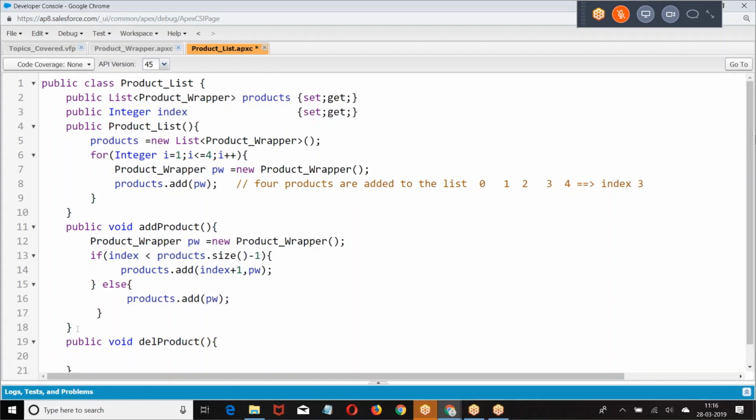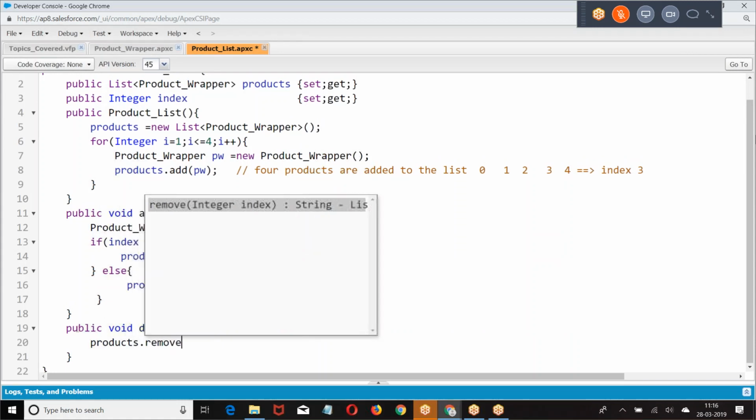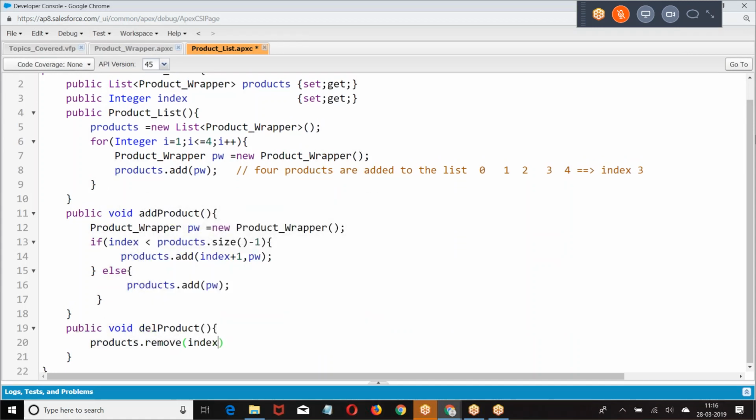Public void delete product. So what I'm doing, remove the element. This is how we have created.